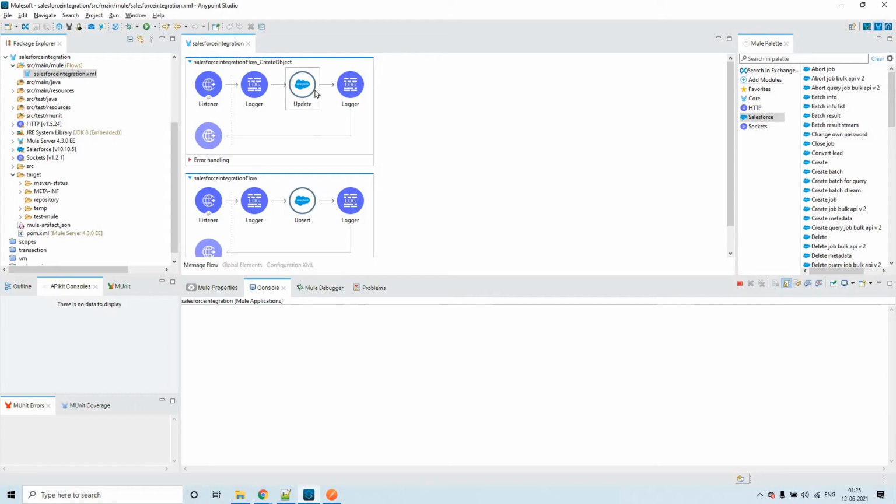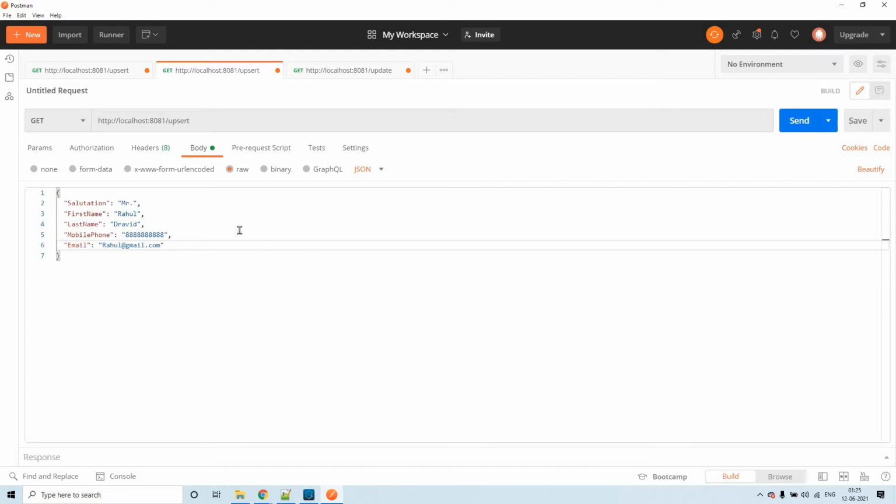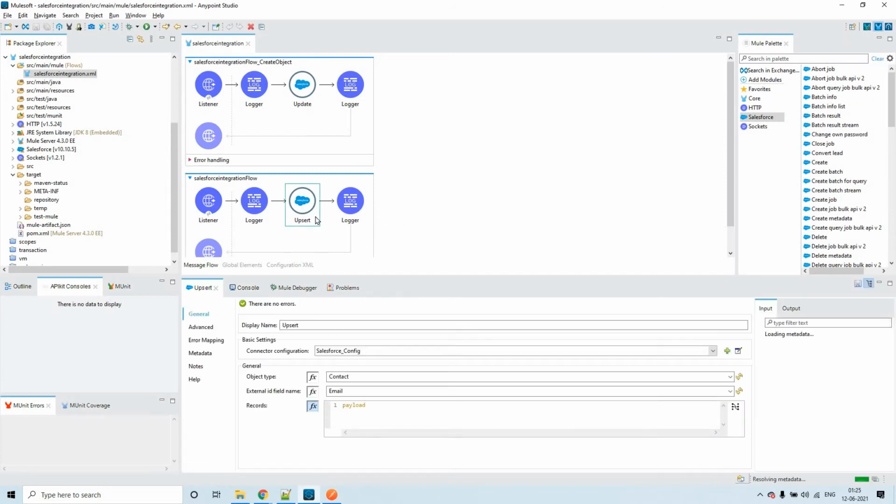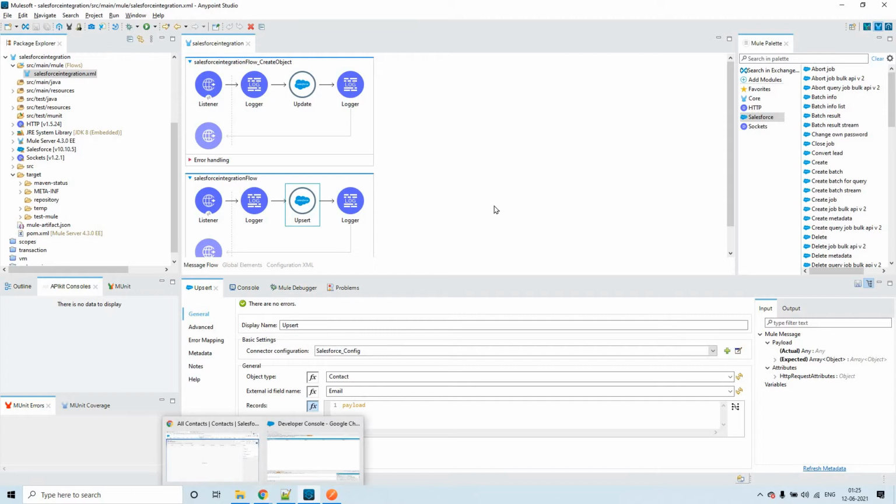And about update, it is very clear that it will always try to update the record within an object in Salesforce. Now let us try with the upsert operation. So if you see in the configuration, before we go into this further, if you're